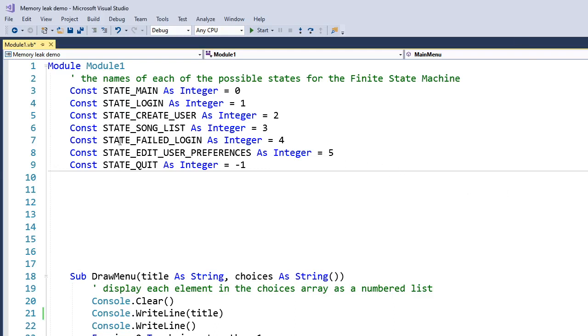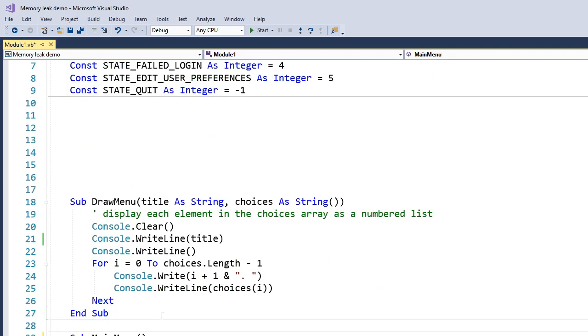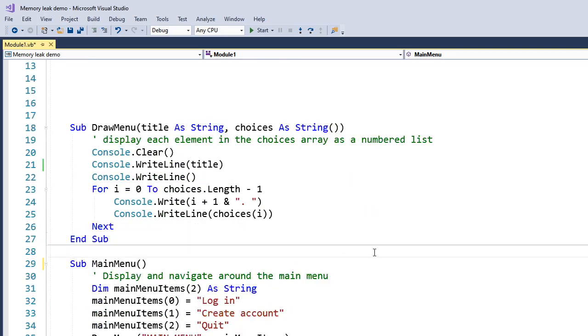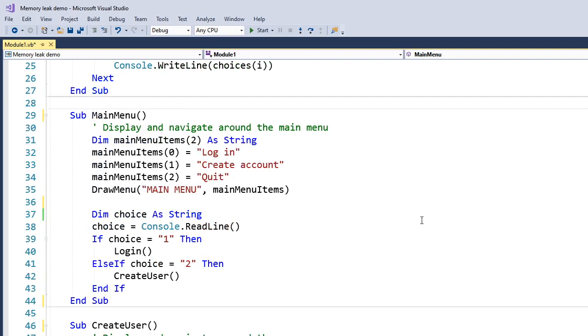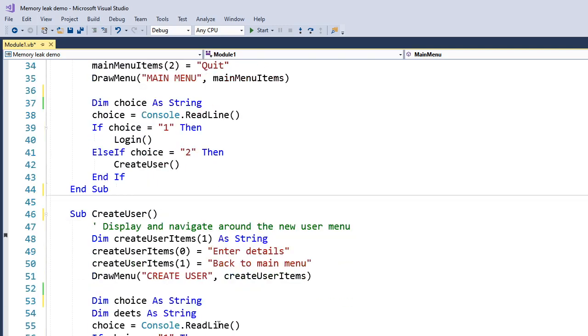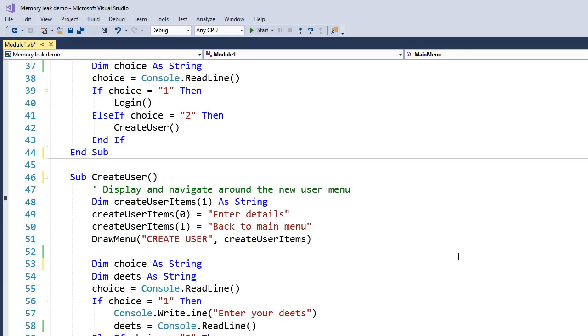This is a cut down version of the music playlist app that we've just finished working on, and I just want to point out a common mistake I saw quite a few of you doing. So here we've got the draw menu function that just outputs the menu options from an array that's passed as a parameter, and I've just cut it down to two different menus. We've got main menu here and create user, and so you can see that if I run it,